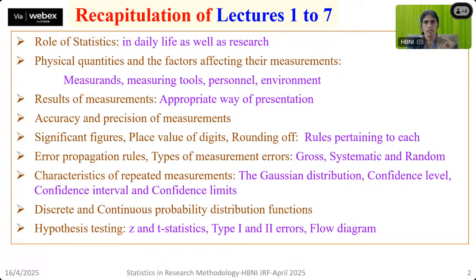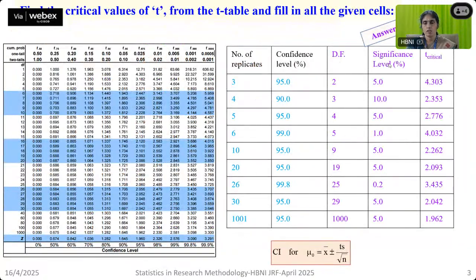And later on, we went ahead to understand the two different types of errors during hypothesis testing, which are called type 1 and type 2 errors, otherwise alpha and beta errors, and the flow diagram for doing the stepwise procedure of hypothesis testing. And in the last class, there was one small set of this exercise for you to do yourself was given, wherein the T table was given in order to find the